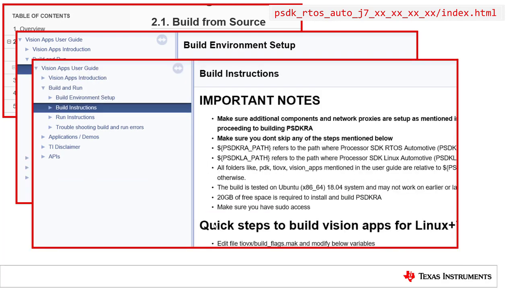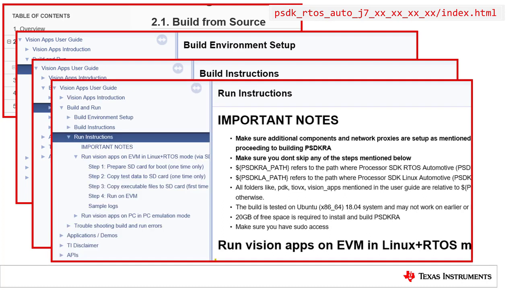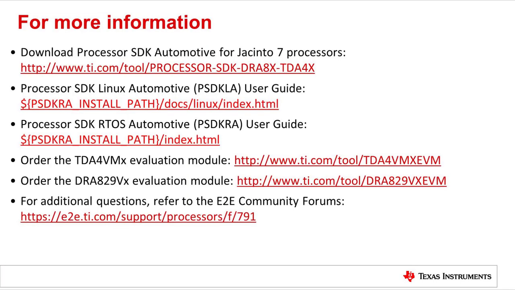Once the build environment is set up, you can use the makefile based build mechanism to build the SDK or specific components. Steps for building the SDK, including supported build configurations and makefile options, are described under the build instructions section of the user guide. Lastly, steps to prepare the SD card with the build binaries and running the SDK demos are described under the run instructions section of the user guide.